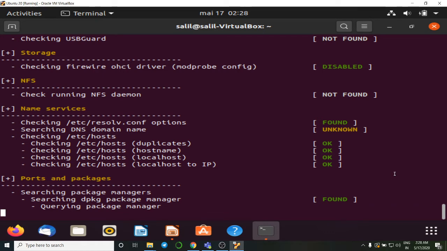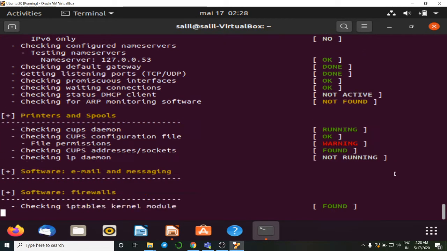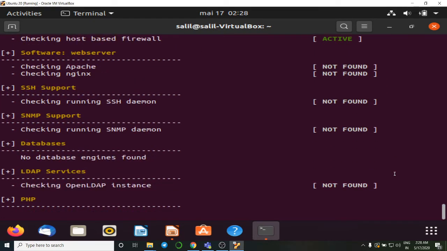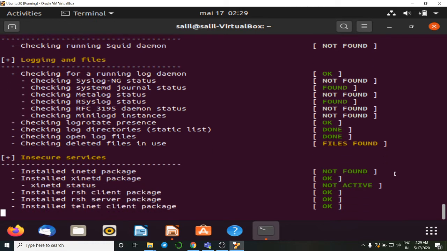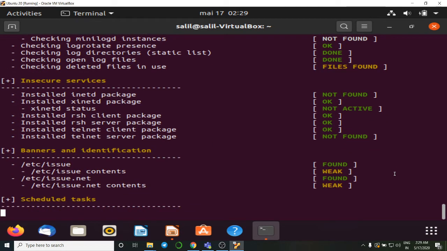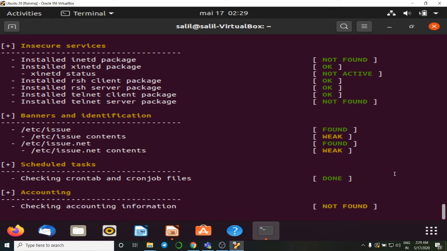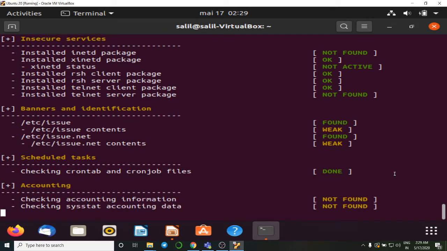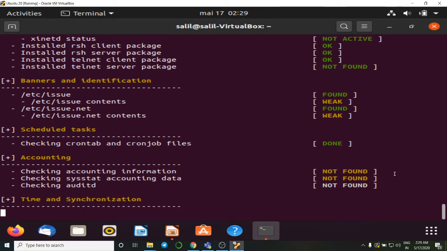This lynis audit system is a very detailed scan which audits each and every section of the system and gives us a detailed report where we have warnings or certain suggestions on how we can improve the security measures of our system.